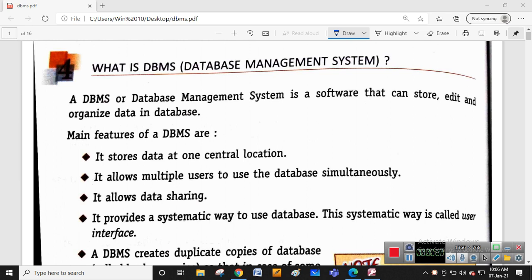The chapter 7, database and DBMS introduction. For the periodic test 2, we concluded up to database introduction. What is meant by database? What is meant by data? What is the difference between data and information? And the Java programming coding. For chapter 6, we are done. Most of you did very well. I already shared the periodic test 2 results.